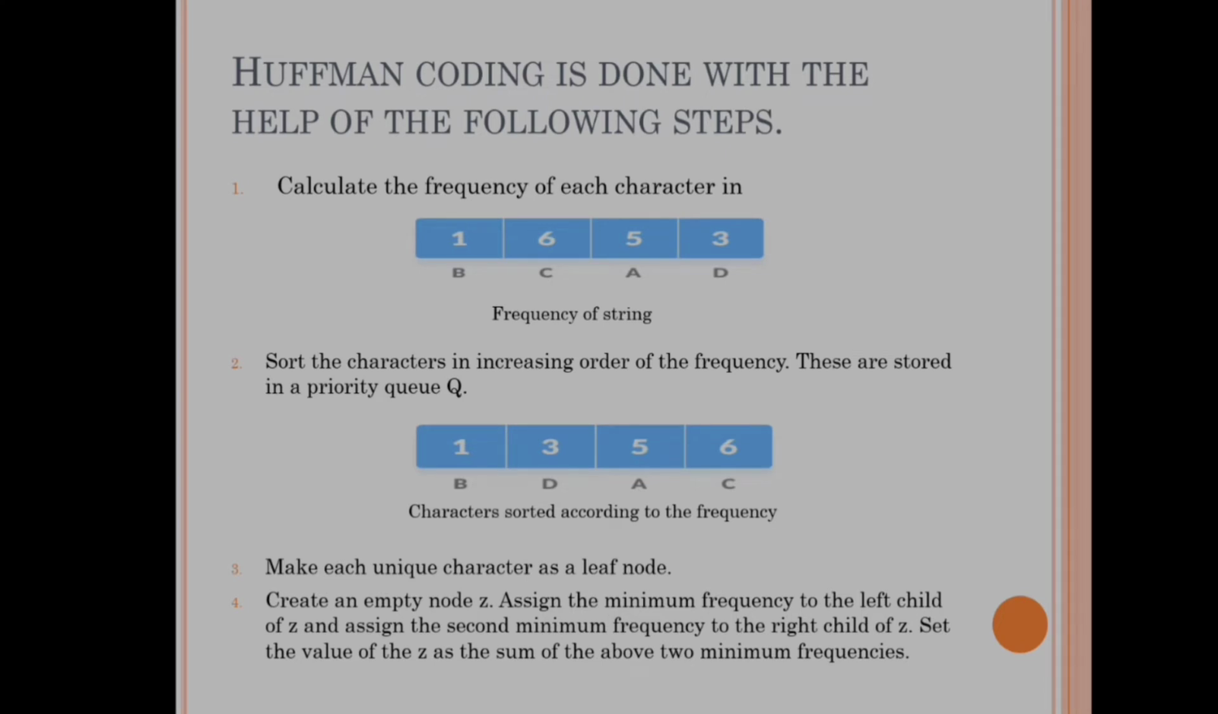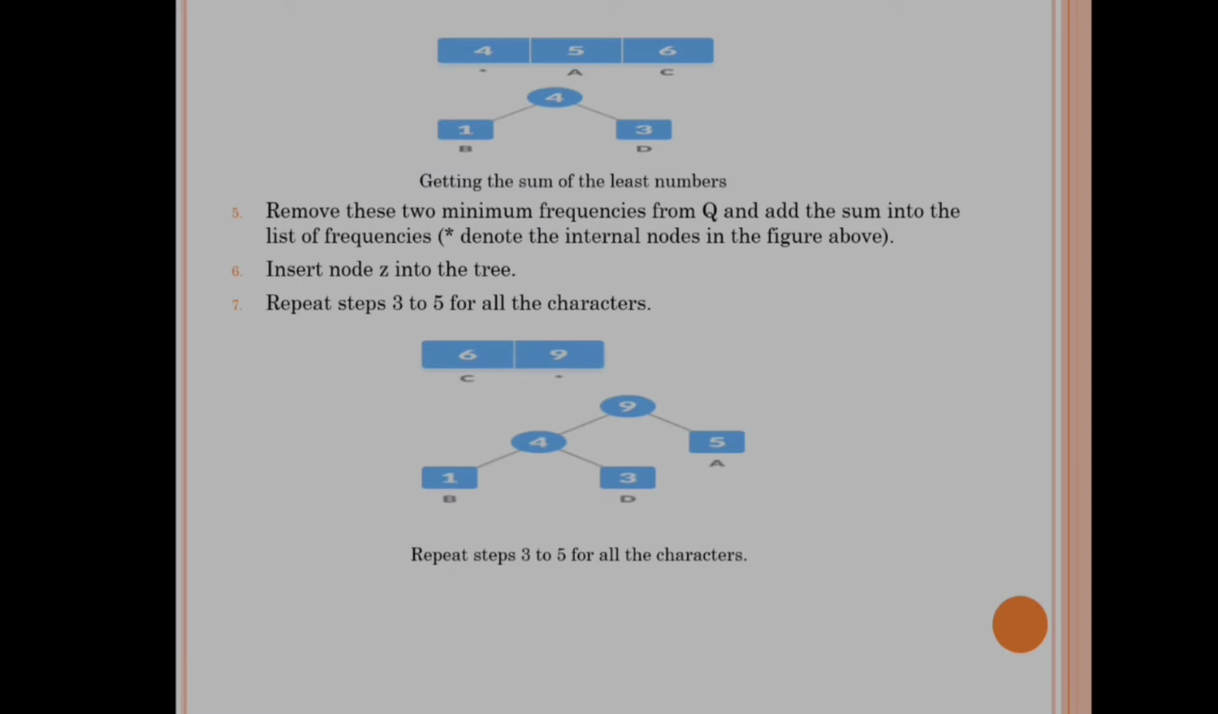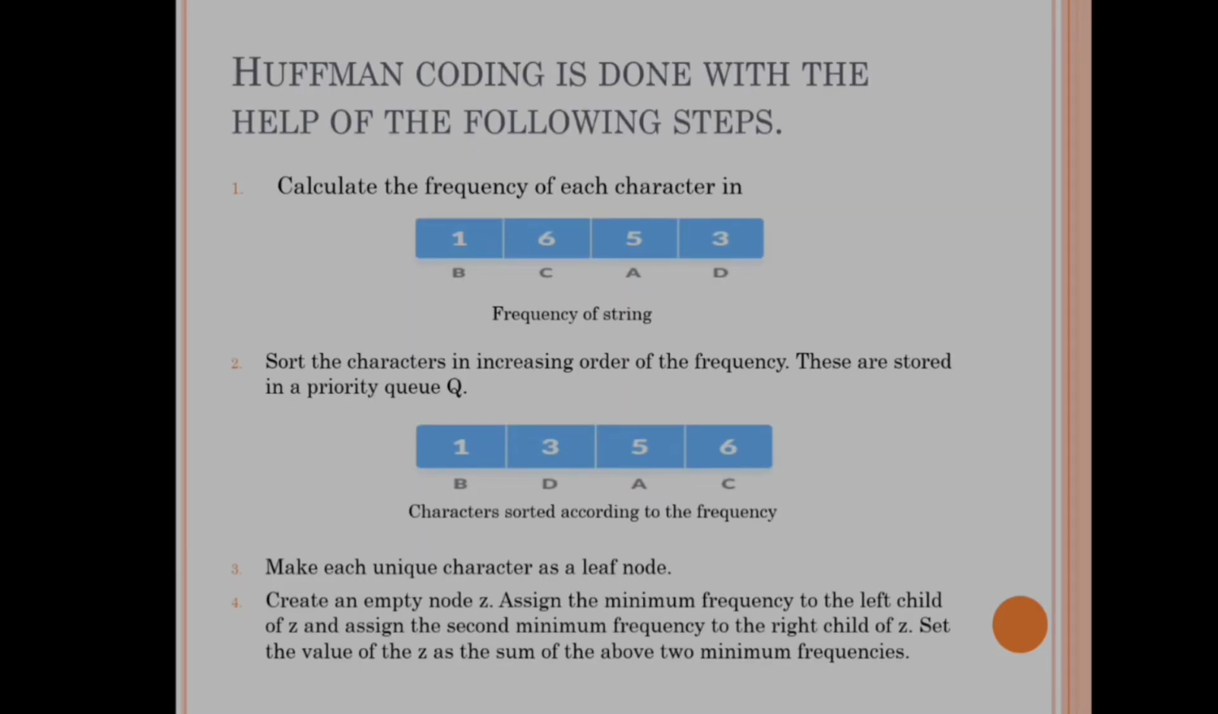Here we will calculate the frequencies of each character present in the string that we have taken for an example. Here the frequency of character B is 1, character C is 6, character A is 5, and character D is 3. Then sort the frequencies in ascending order. Here 1, 3, 5 and 6. After making the sorting,